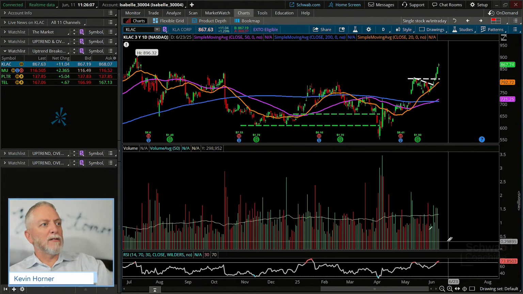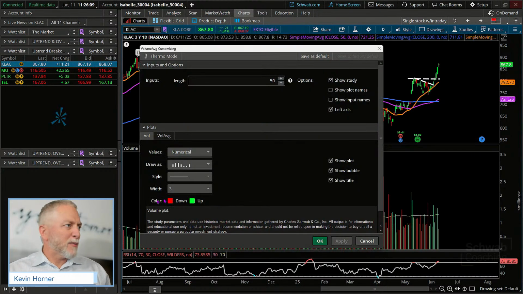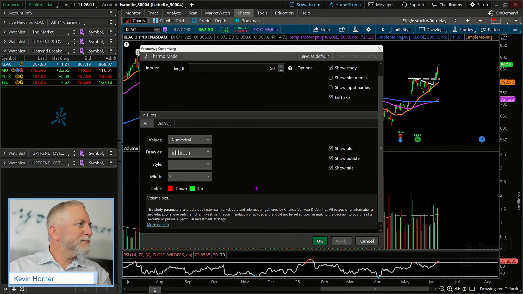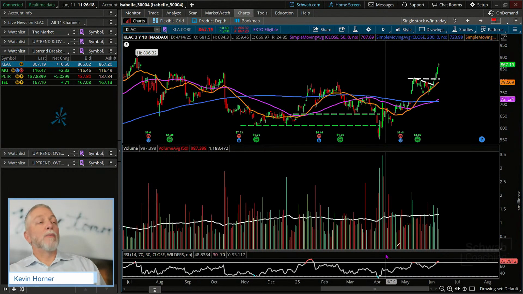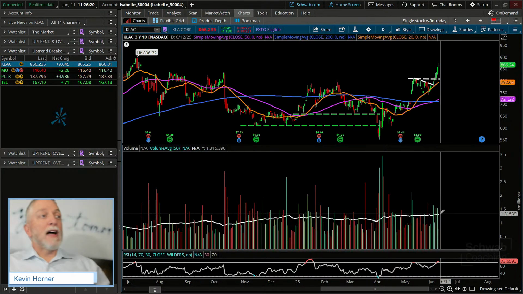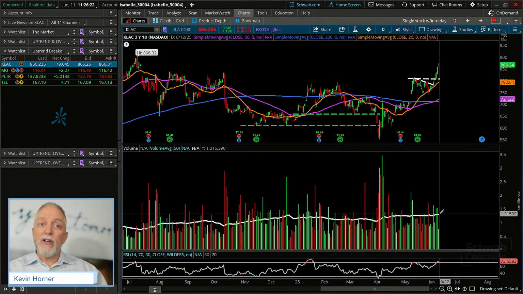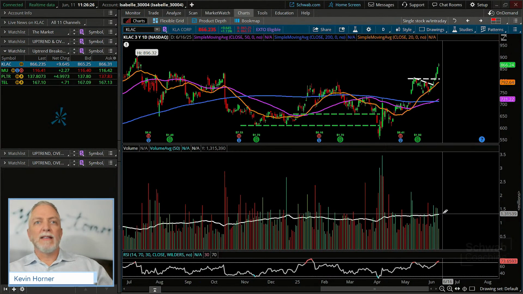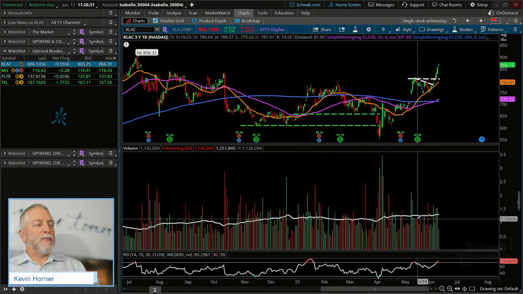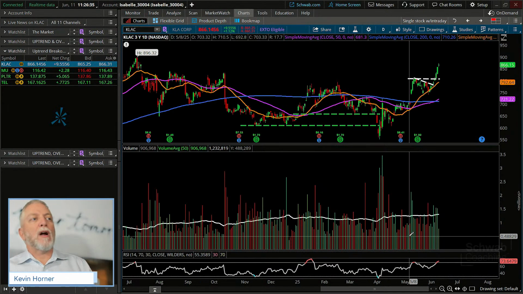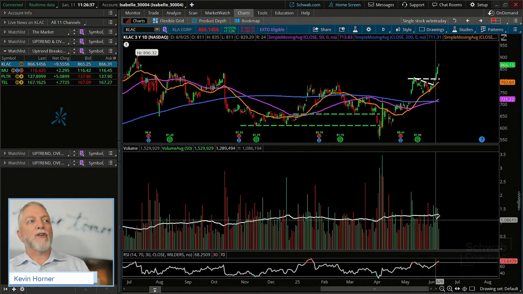You see that horizontal? Let's change that. That color's terrible. Let's make that volume average white. All right, so now you see how that's the 50-day average of volume. We could change that to the 20-day, of course, and it would be a bit more in alignment as it relates to our scan. But the big takeaway is, everybody, it's not a problem to trade volume that's similar to average or what have you.